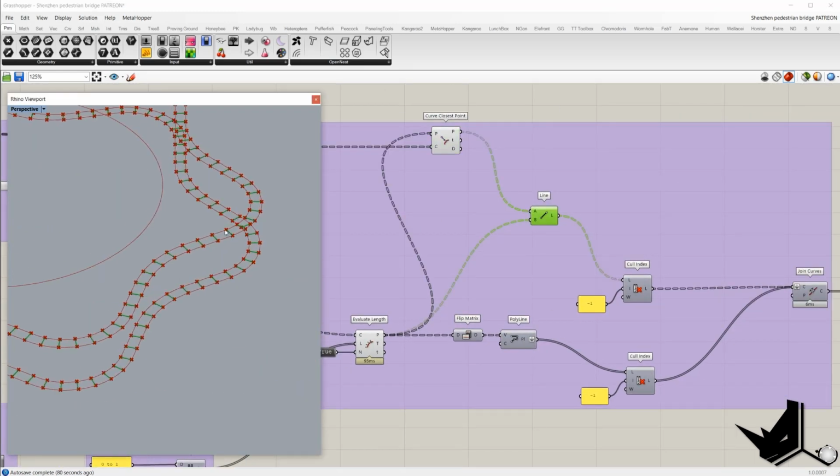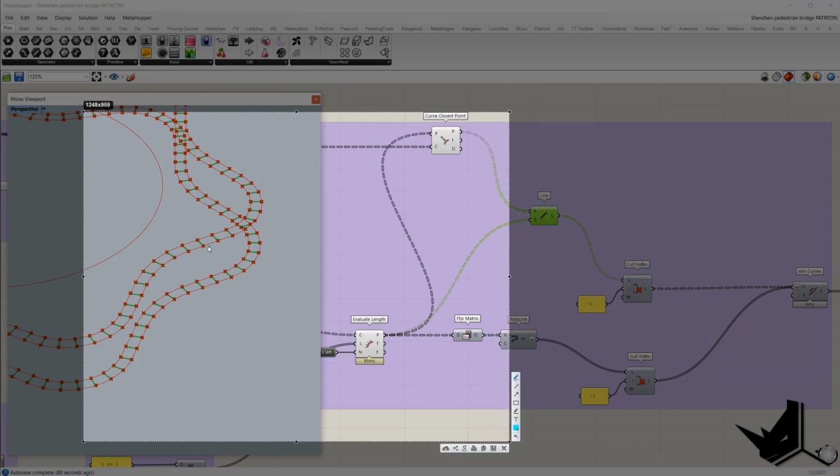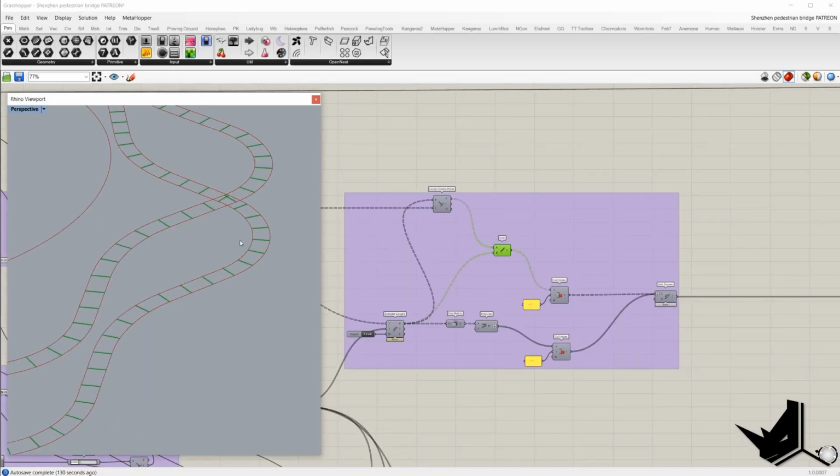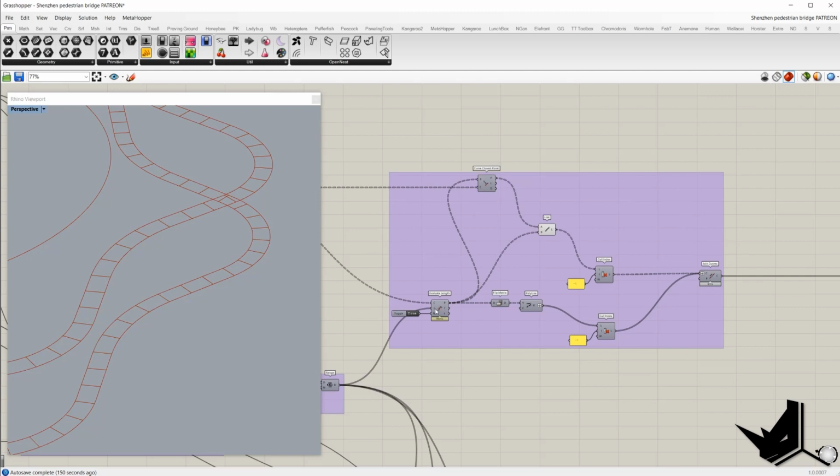The next step is to create vertical lines like this, and these lines will connect with these short lines in order to create curves like this, because later on we are going to loft them and we will create a surface all around this circle. So we have these segments, we are missing these vertical lines, and we can create them